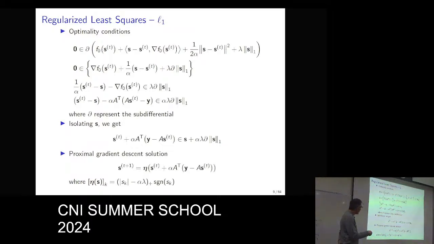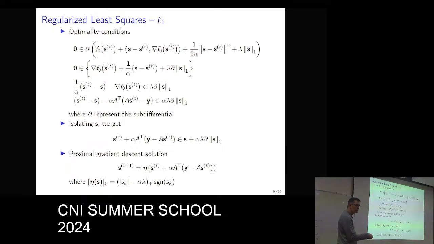So with that, we have to do the same thing that's going to lead to the high-dimension version of this shrinkage function. We isolate S, we get something that looks like this. And so we have a proximal gradient descent function that looks like the update, S_t, should be this shrinkage function